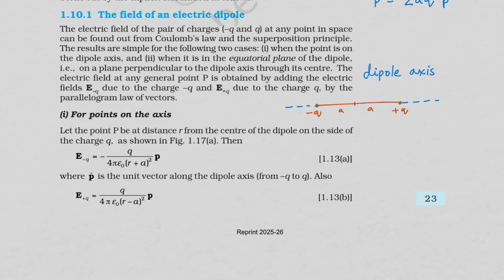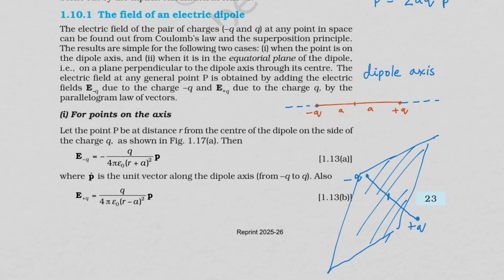And if these two charges minus q and plus q are separated by a distance 2a, at the middle of it we can imagine a plane. Okay, we can imagine a plane at the center of it,